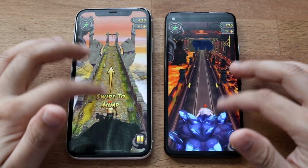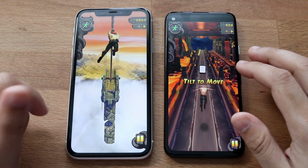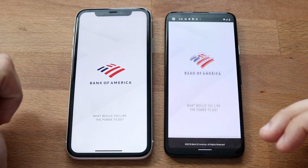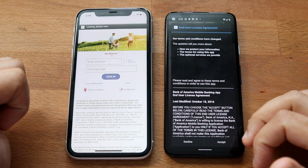I'm not really too sure why that keeps happening, but I think that's something that Android needs to fix. Apple has kind of been using gestures for a little bit longer than stock Android has, so that's another thing to keep in mind. But I think when it comes down to the performance, one really doesn't blow the other one out of the